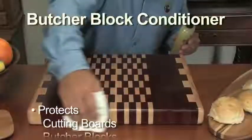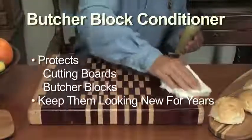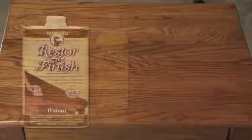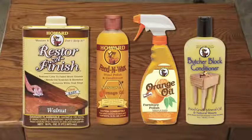Howard Butcher Block Conditioner protects your cutting boards and butcher block surfaces from cracking and keeps them looking new for years. That's the Howard Products lineup. By investing in Howard products, you'll not only restore your wood finishes easily, you'll also enhance their beauty, protect their value, and keep them